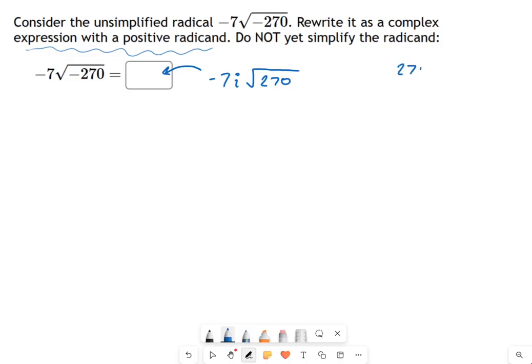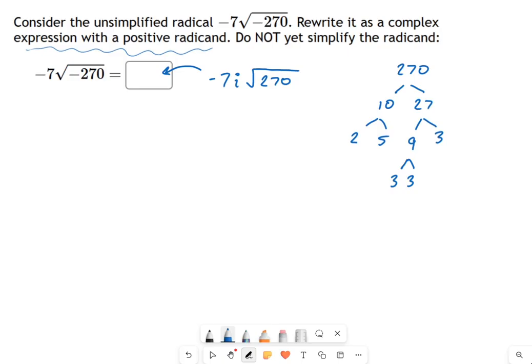So if you remember how these factor trees work, I look at 270 and I try to think of two numbers that multiply to 270. And you could start with 2 because this is an even number, but I'm going to go with 10 because I see that it ends with a 0, and I kind of like dividing by 10. So then 10 turns into 2 and 5. 27 turns into 9 and 3. And 9 turns into 3 and 3.